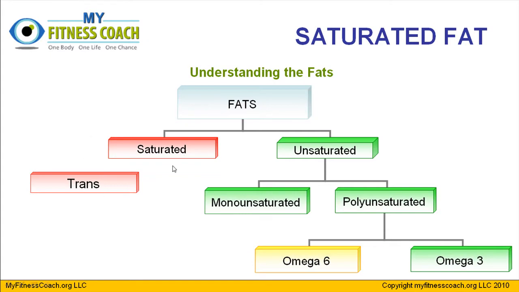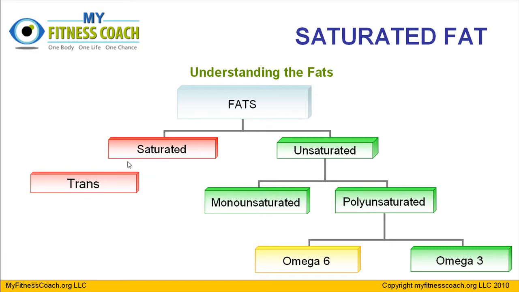We're going to continue our discussion on fat today, and in particular, we're going to look at saturated fat. Remember, saturated and trans fats, the ones colored in red there, are those fats that, whenever you abuse them and get too much on a regular basis, will wreck your health. They'll promote chronic disease, in particular heart disease and strokes, whereas those fats on the right-hand side, colored in green, are the heart healthy ones that promote optimal health and help you prevent a lot of the nasty chronic diseases these fats will promote.